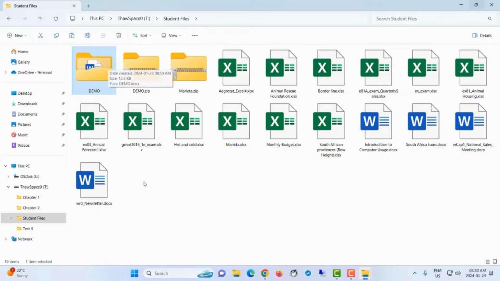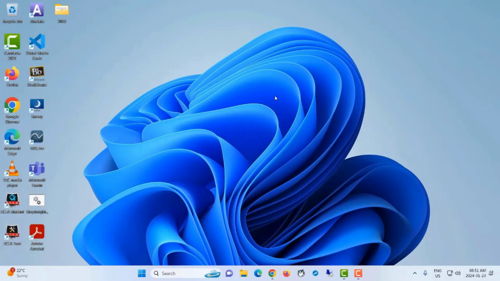Okay. So the zip and unzip is the process of compressing and extracting. Just remember, when you zip, you compress, and then when you unzip, you decompress or you extract. Okay. So when you're done with everything on a computer, a good practice of shutting down your computer is